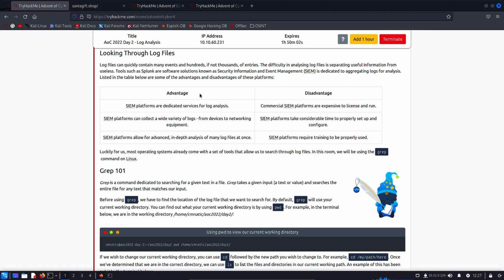Listed in the table below are some of the advantages and disadvantages of these platforms. SIEM platforms are dedicated services for log analysis. Commercial SIEM platforms are expensive to license and run. SIEM platforms can collect a wide variety of logs, from devices to networking equipment. SIEM platforms take considerable time to properly set up and configure. SIEM platforms allow for advanced, in-depth analysis of many log files at once, but they also require training to be properly used. Luckily for us, most operating systems already come with a set of tools that allow us to